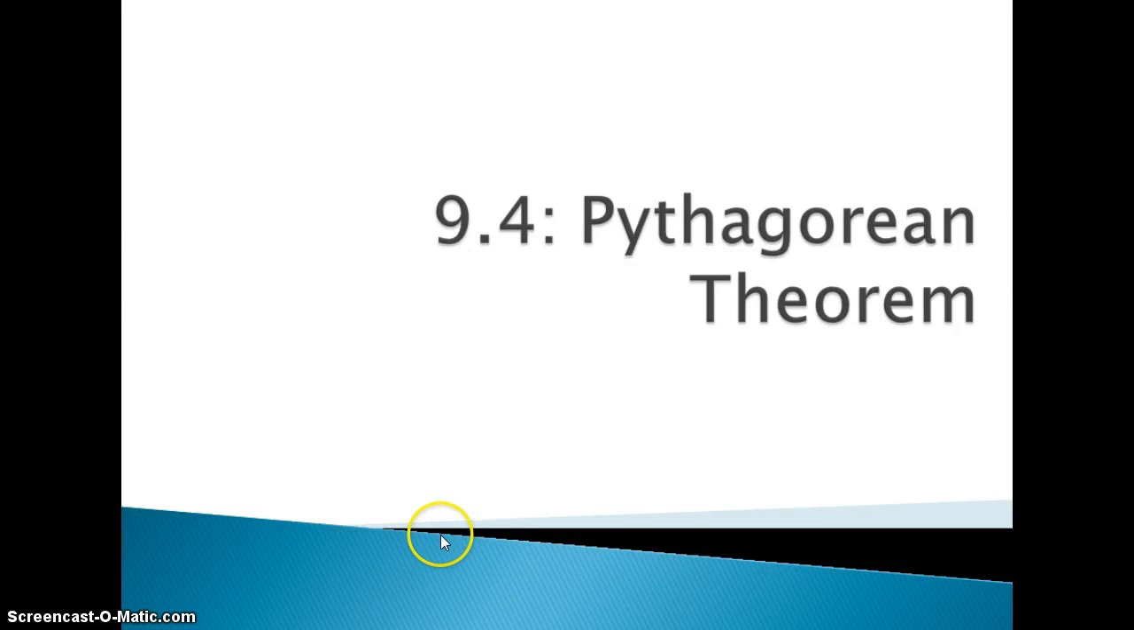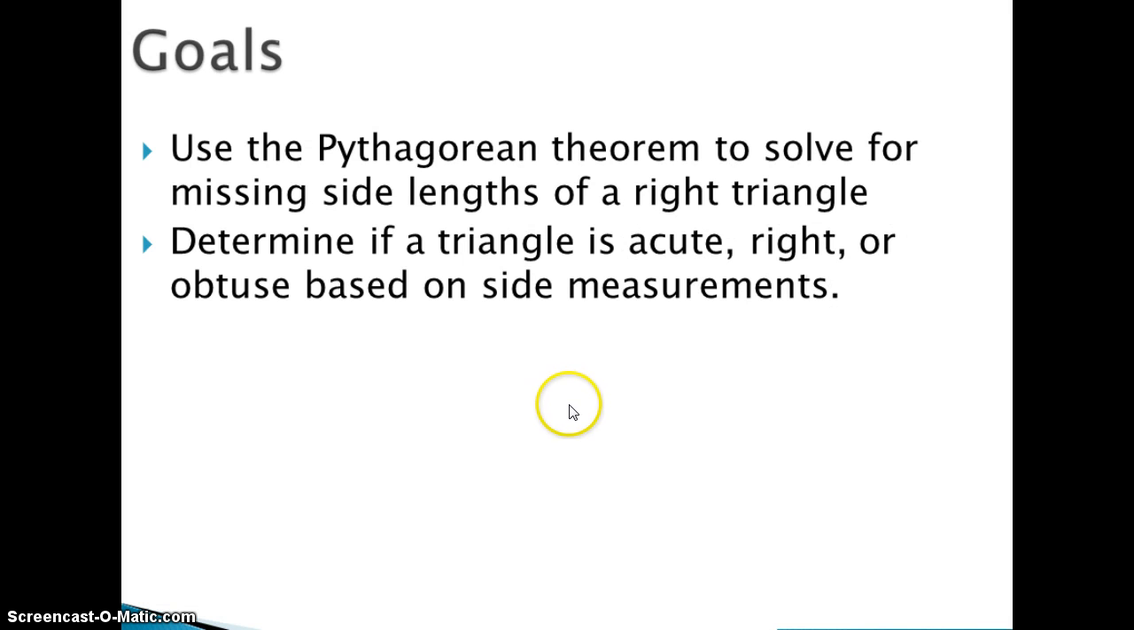Welcome to today's notes on section 9.4, the Pythagorean Theorem, which is probably the most important theorem that you're going to learn about in geometry. So if you walk away with anything from this class, this is it. Our goals today are to use the Pythagorean Theorem to solve for missing side lengths of a right triangle. So we'll have two, we're trying to find the third. And we're going to determine if a triangle is acute, right, or obtuse based only on side measurements, knowing nothing